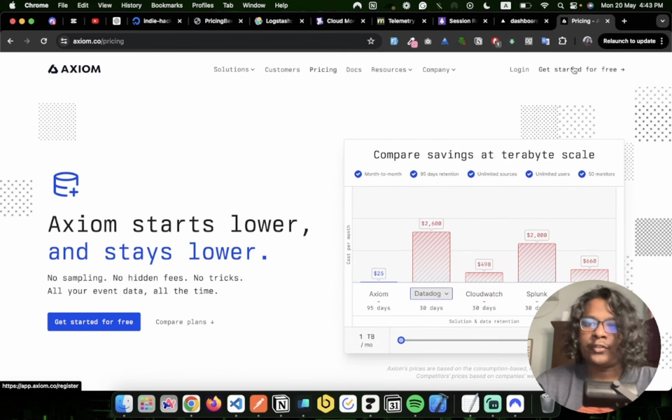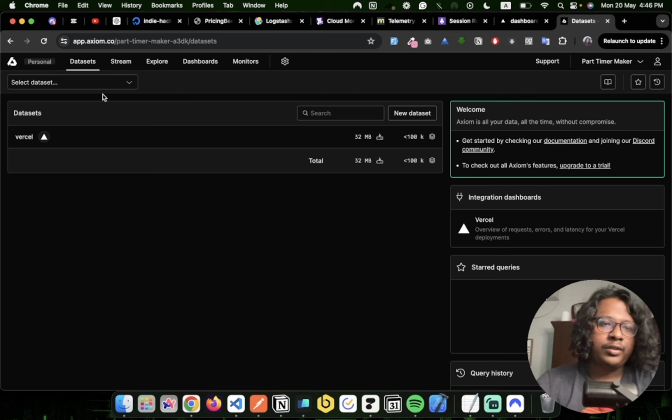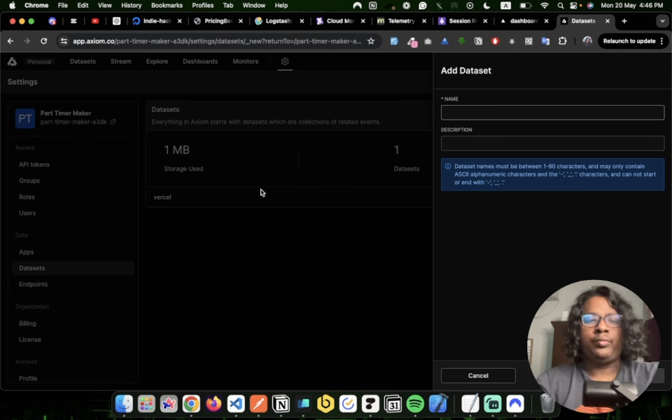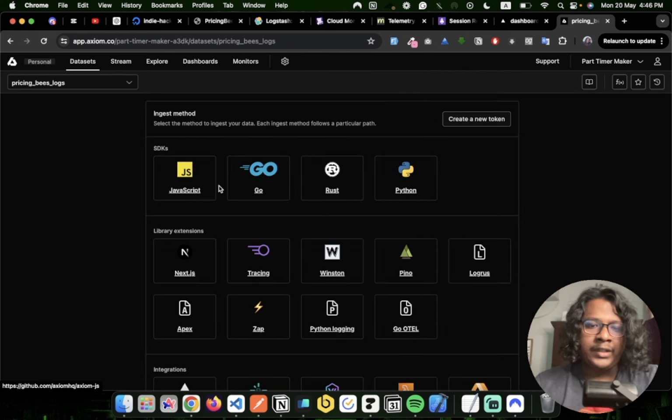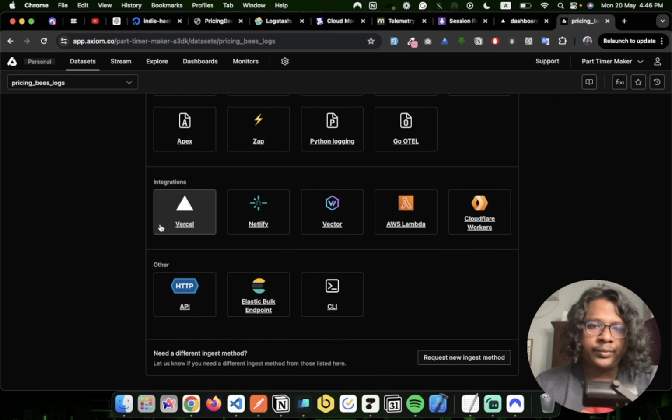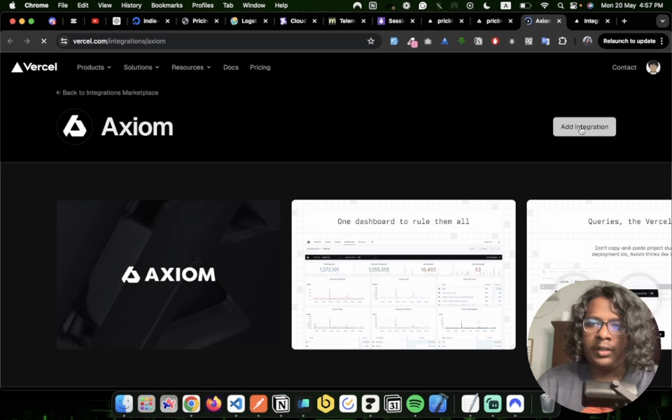Go and sign up for free. Once you sign up, you should see your datasets. Let's create a new dataset. We'll name it pricing app. Here you can have some SDKs to connect with. Since we are just directly using the Vercel one, you can select Vercel, add integration,